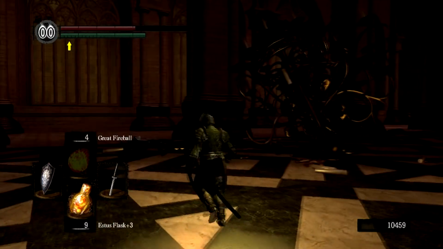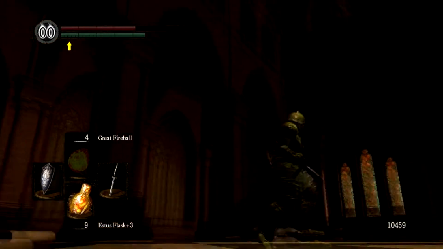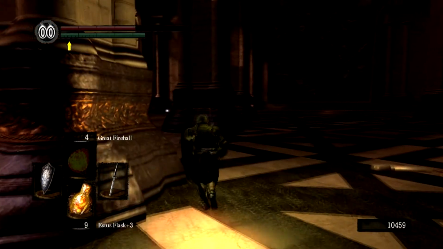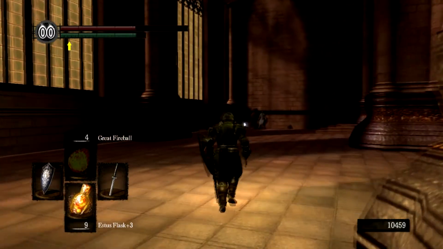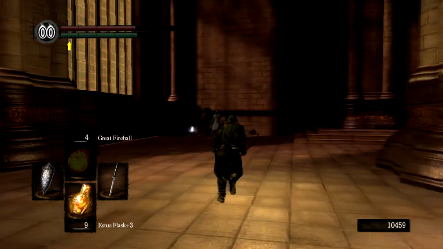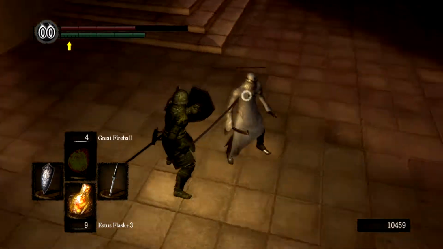Just taking a quick look to see. Remember there's that chest up there. I've checked this out before though. I don't see any way to get up there from down here. It's gotta be a jump of some sort. If I remember there's a set of armor on this guy. I don't remember what it is, but...